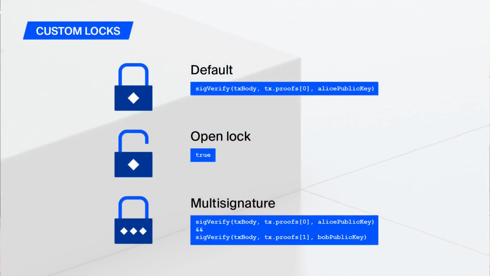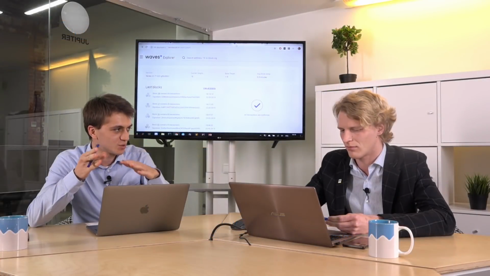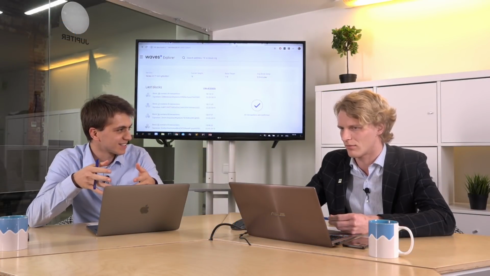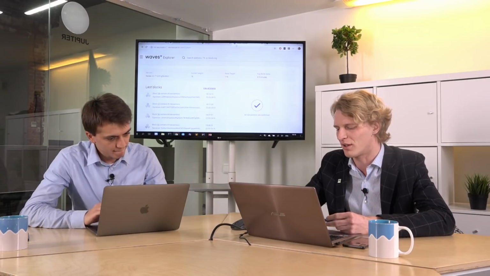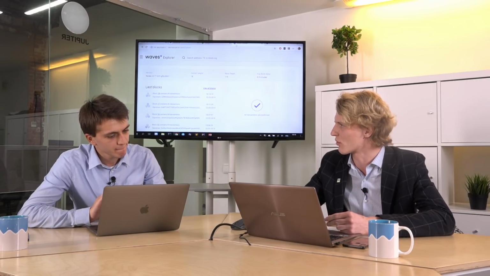Okay, so we had Ride on mainnet, and there were some applications on top of it. There were multi-signatures, freezes. We've seen them in the wild, let's call it so. And what are the main requirements for a smart contracts language? Basic requirements. Again, as I just said, two things: blockchain friendly and developer friendly. By blockchain friendly, of course, we mean performance and network stability.